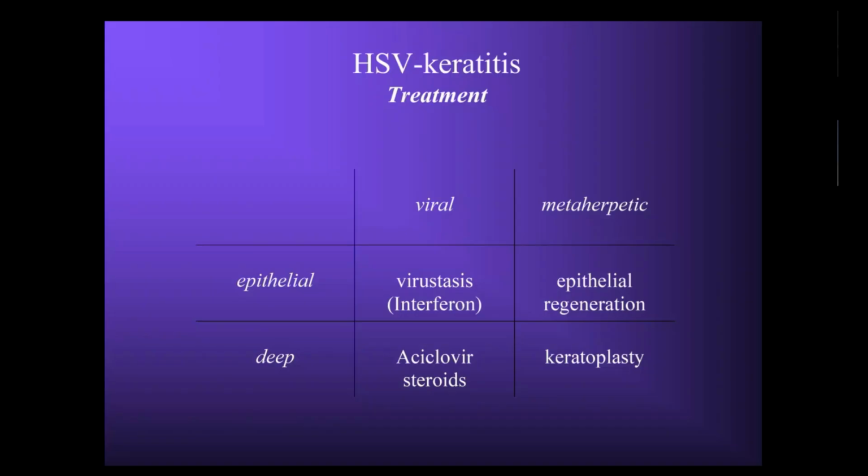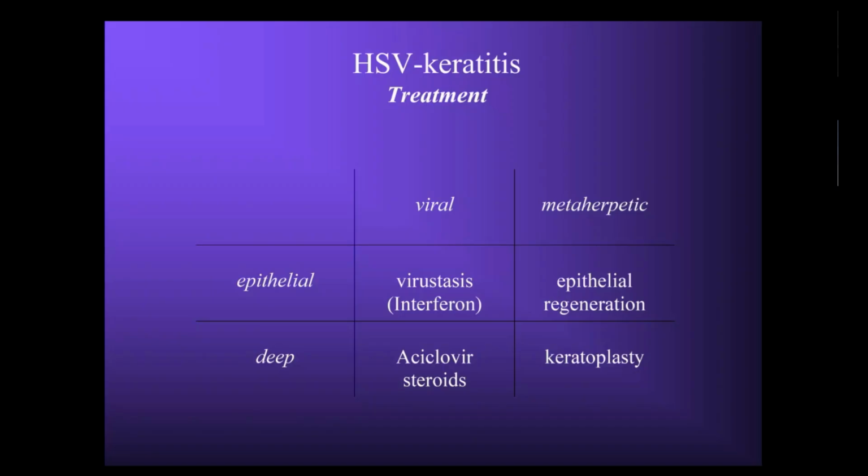If not, we talk of metaherpetic disease. If there is viral replication and it's only superficial, we have to administer virostatics, for example, acyclovir ointment. If it is deep and metaherpetic, we have to administer some medication for epithelial regeneration,